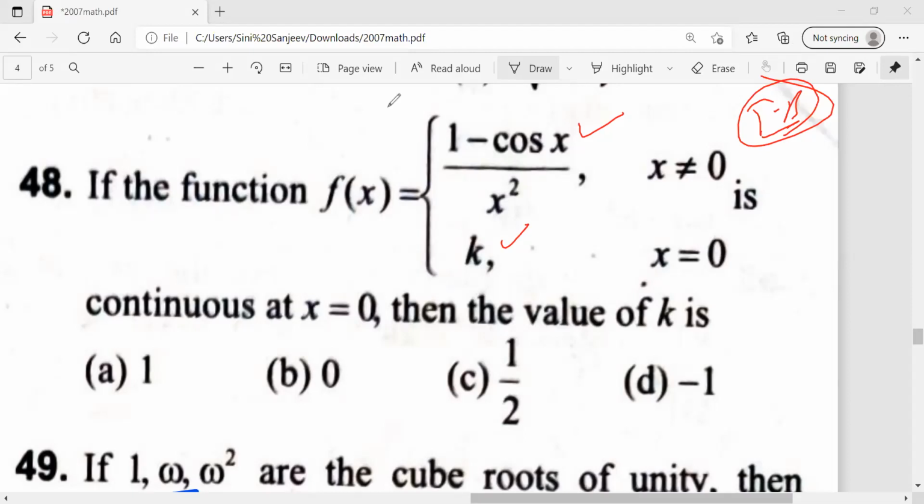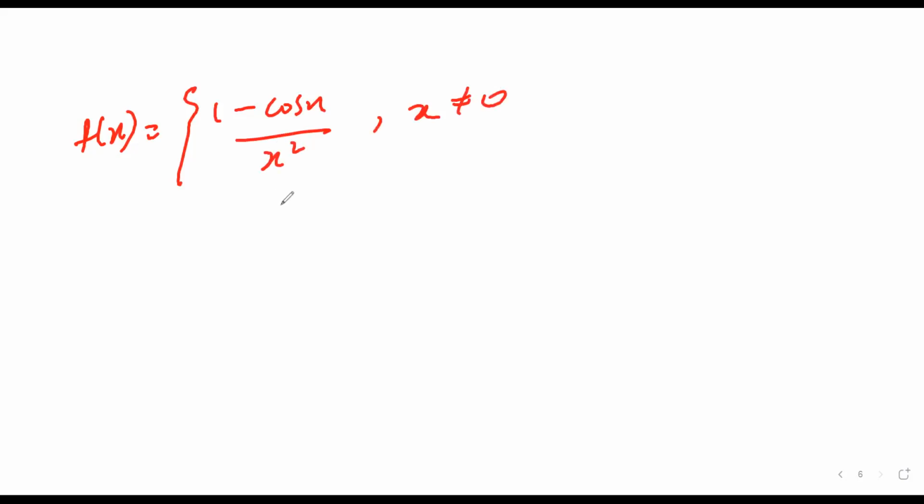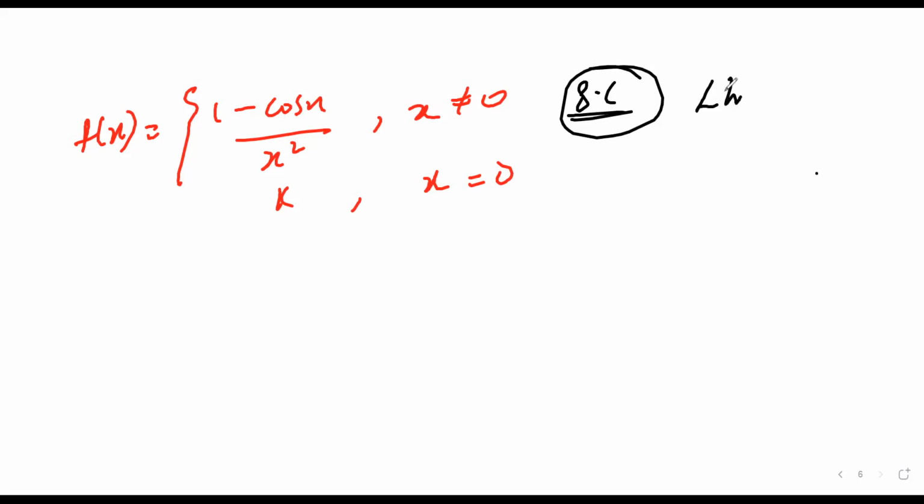Yeah. So let me see who gives me the answer fast for this. Or if you want, I will do this. And it is clearly given that this is continuous at x equal to 0. So if someone is having confusion, then better I will do it. Or else some students, due to the board exam delay, couldn't get this thing. So better I will do this. Others, without seeing this, please do it by yourself. Okay. So the question is very simple. f of x is equal to (1 minus cos x) by x square, for x not equal to 0, and this is k for x equal to 0. So the shortcut which I'm going to apply for this is nothing but L'Hospital rule.